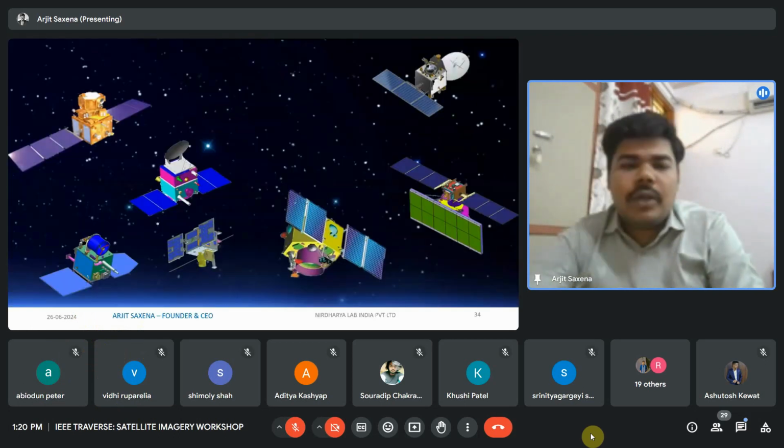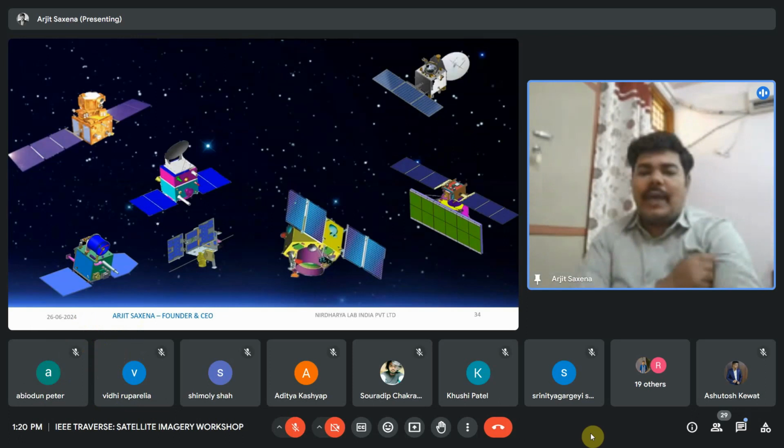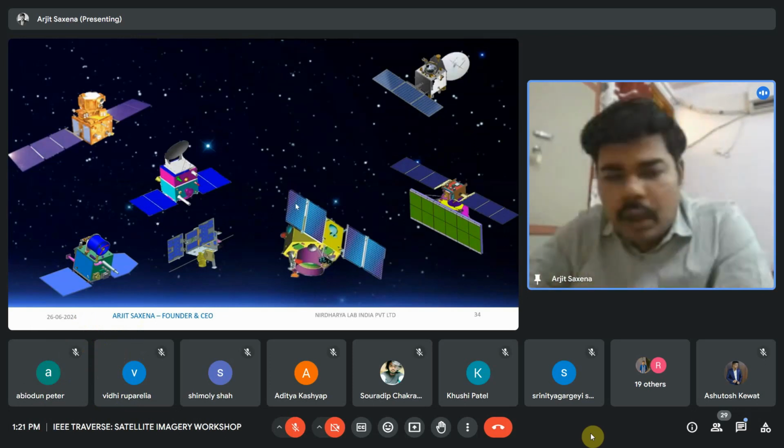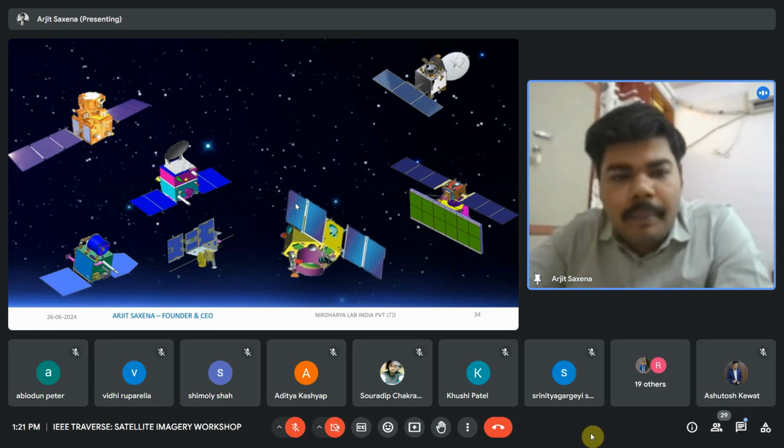Now the ISRO payloads. There are several payloads of ISRO. I will be sharing a handbook with you, so she will be sharing it with you guys, with regards to the ISRO payloads. There are several payloads of ISRO in remote sensing, and we should be very proud that India